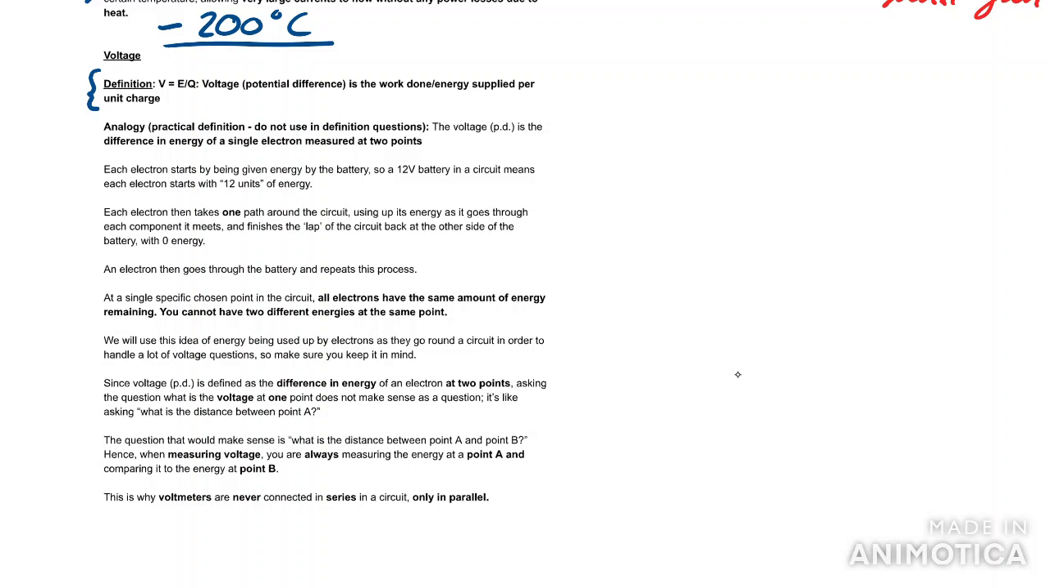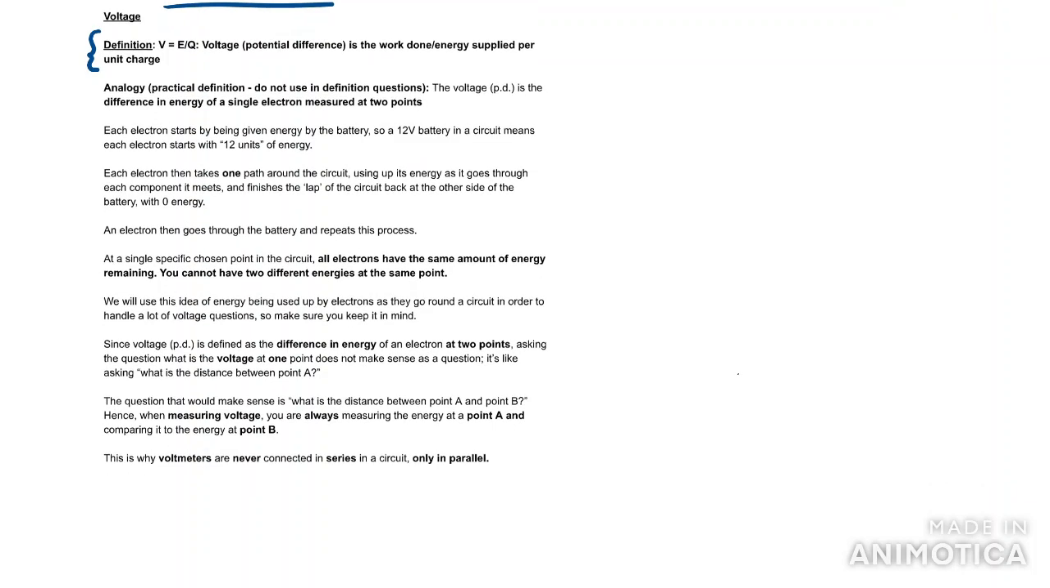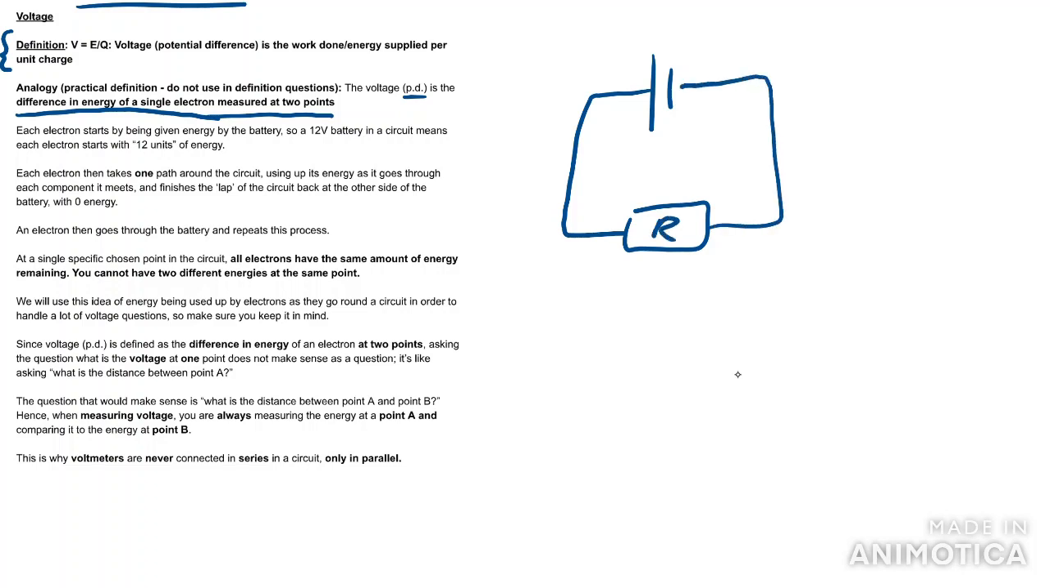It's not necessarily that illuminating. So what we're going to be working with, which may be new, is that the voltage, otherwise known as potential difference, is the difference in energy of a single electron measured at 2 points. Now, this may be new to you, but I'll show what I mean by that. If we have a resistor here in a very simple circuit, and we say that the battery has 12 volts of energy,